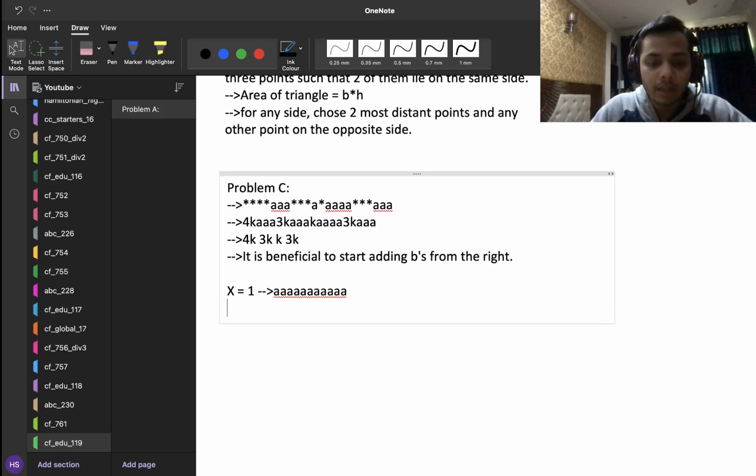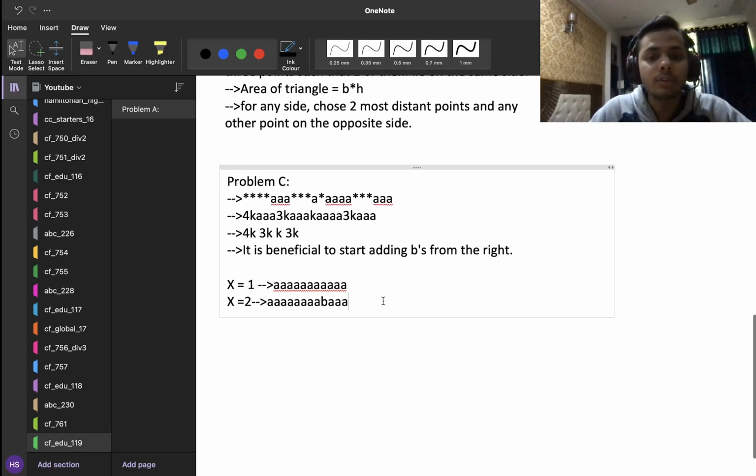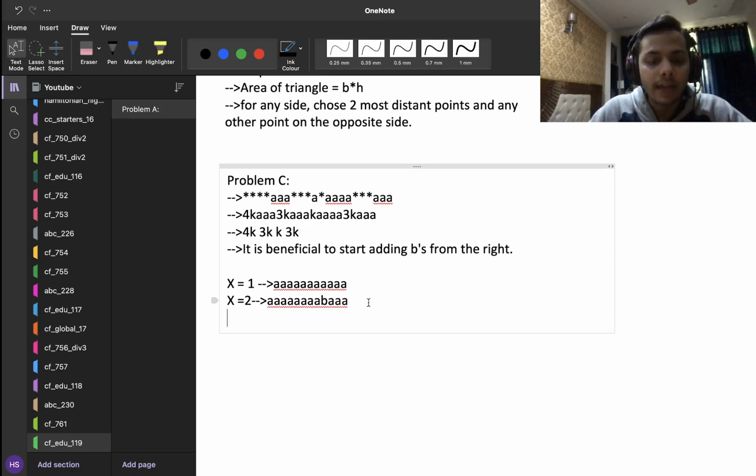a, right? But if x is equal to 2, what happens is that now I need to insert exactly one b, and it makes sense to insert it as far right as possible. So I'll insert a b here, and that gives me a, b, a. So this is the second lexicographically smallest string. And again, if I want the third lexicographically smallest string, then I will just insert a b here. I already had a b here, so I will insert another b here,